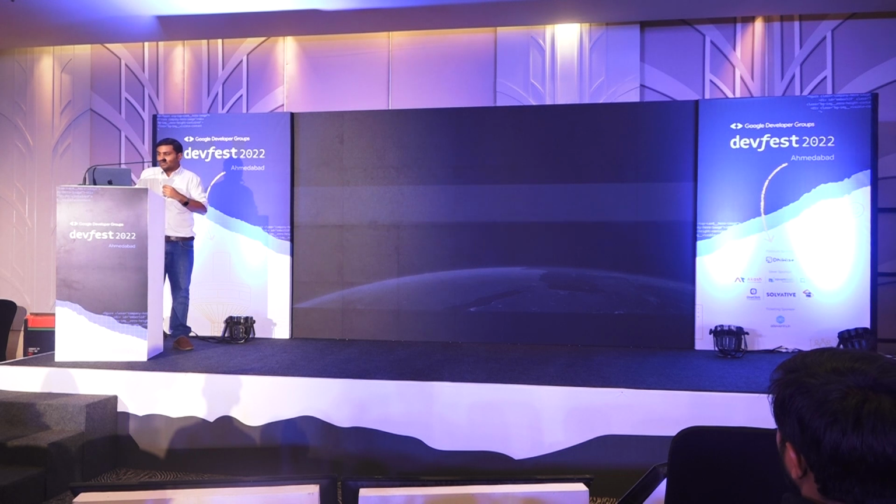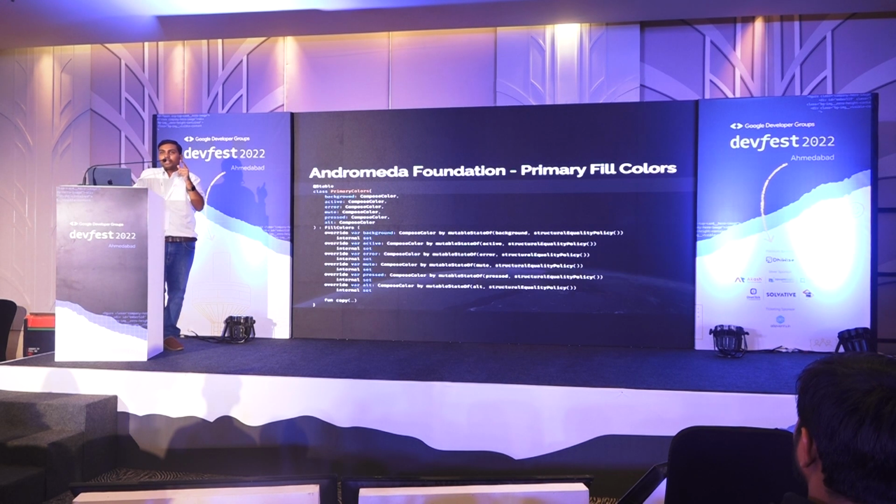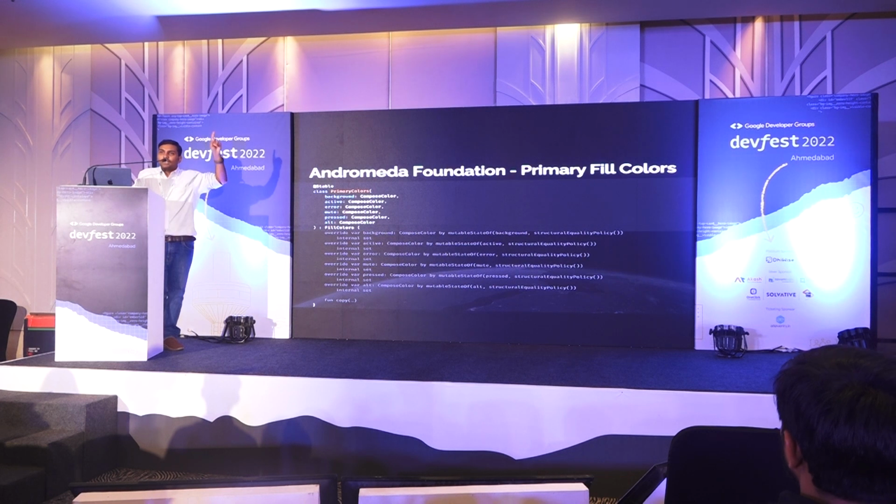More importantly, I have given you the fill colors. The thought process is you're filling the colors somewhere, right? You're going to be writing this across primary colors. Intention is very straightforward. That screenshot that you saw, 5 different colors for primary, that's what this is for. Mute is for when you have a disabled button. Error is for when you have an error state and so forth. So I'm giving you these like annotated colors that can then be useful for you in the future.